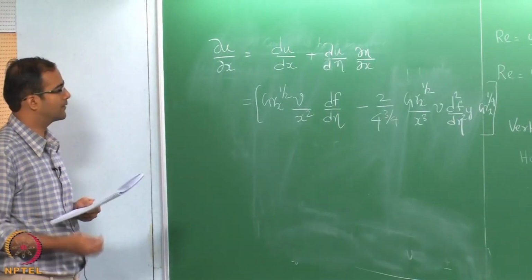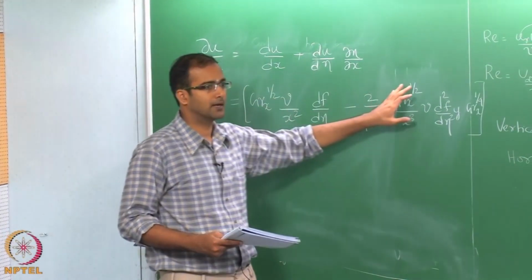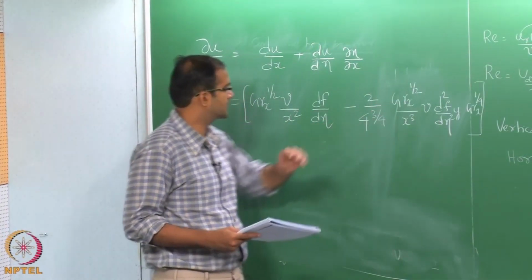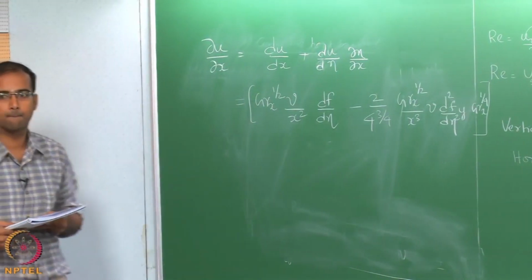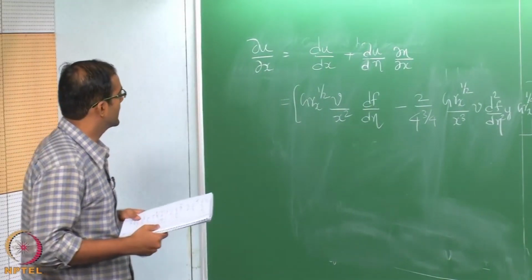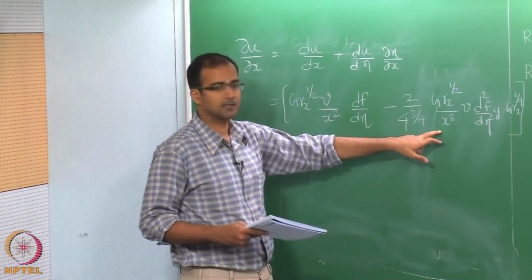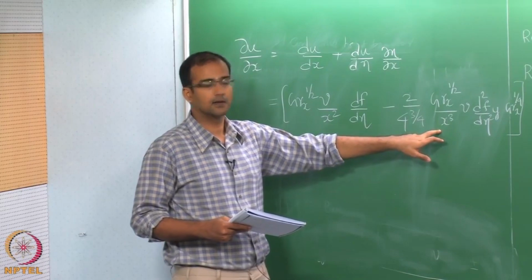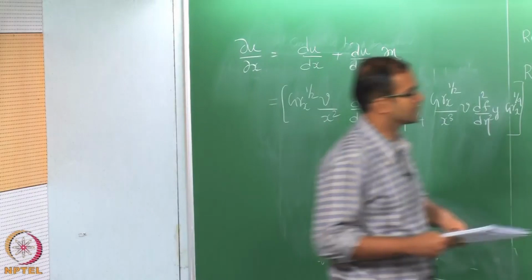Okay. So, you have two terms, one from du by dx and the other from du by d eta into d eta by dx, that is this term. Yeah. So, here when you differentiate you only treat the other terms as constant, right. Yeah, that is what. So, you